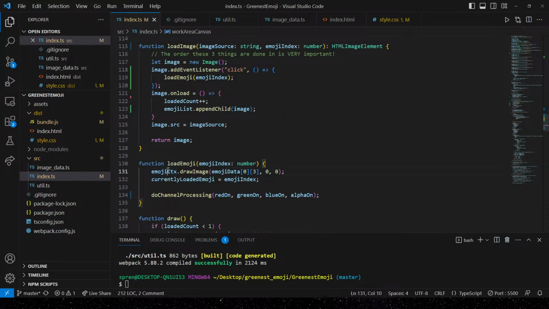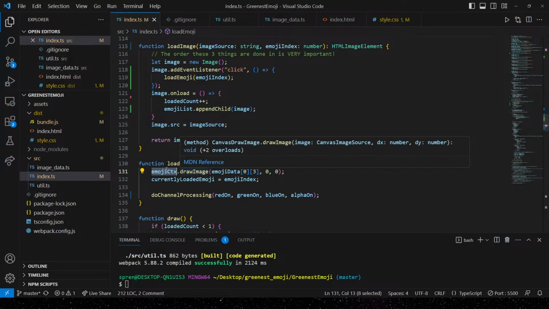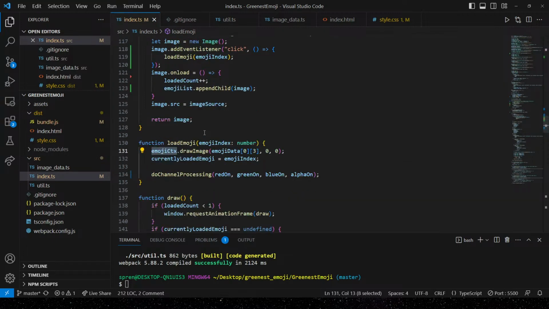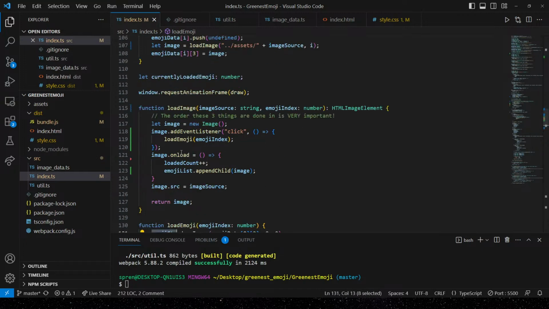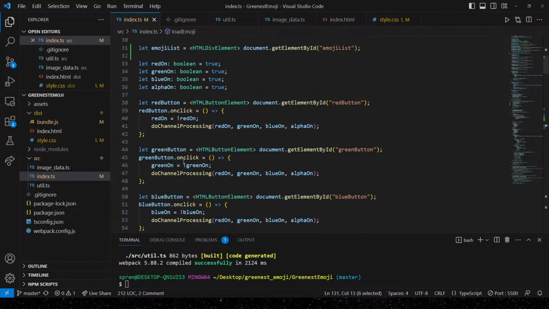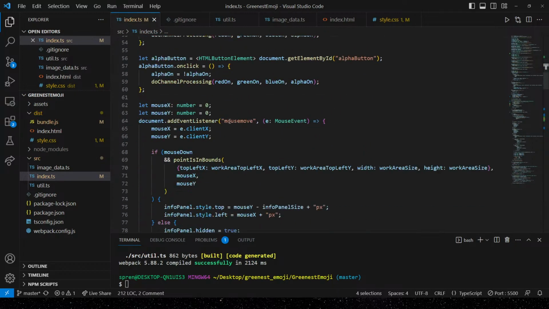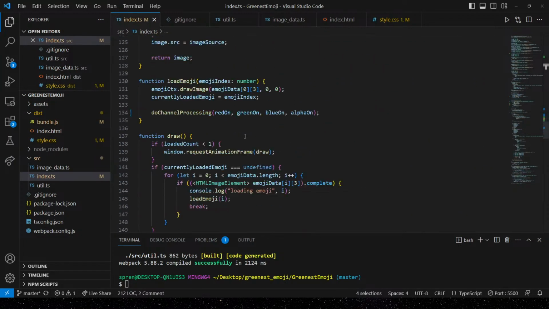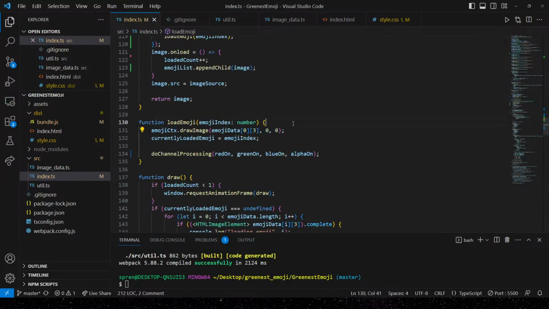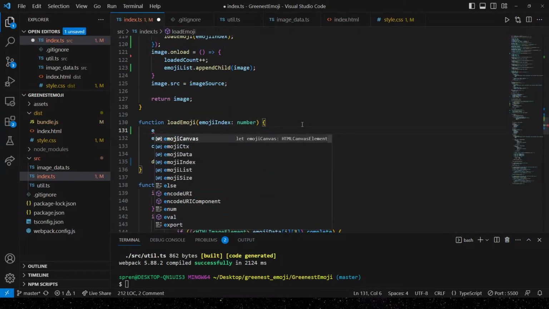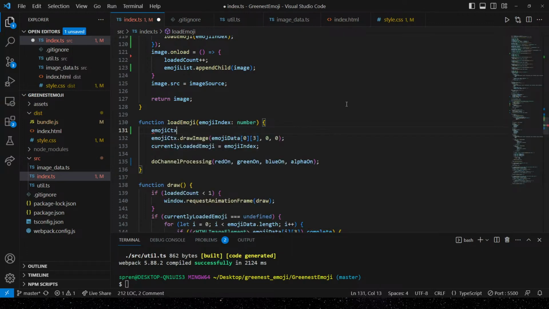So, emoji context draw image. Wait. Oh, we're drawing the image onto the emoji context, but the emoji context never gets cleared. So the emoji context should do a clear rect every time we load an emoji. The first time we load it obviously is not important, but